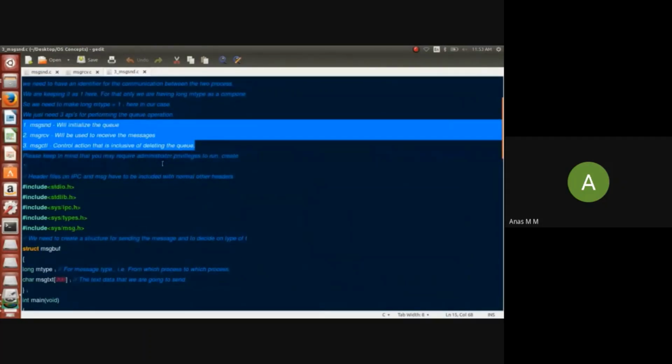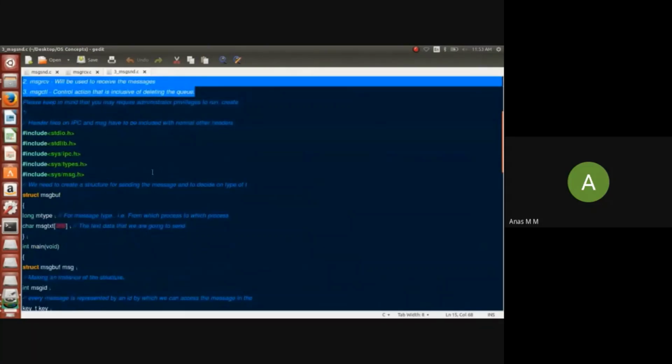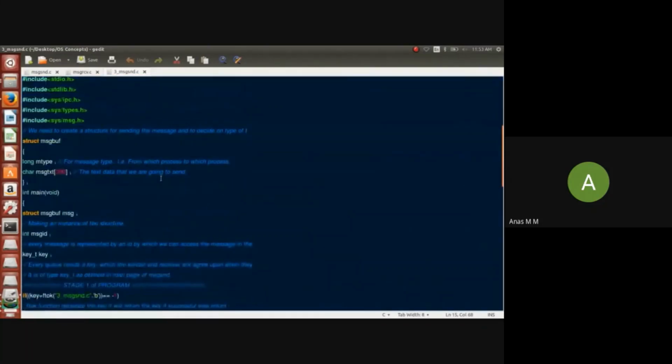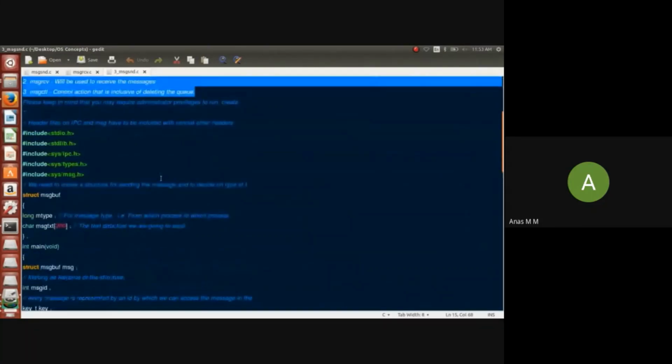We can use it. Now, before I go deeper into the code, there is another thing that we need to know. When we have a house, we'll have a door and we'll have a lock. The lock is nothing but a safety purpose thing. So we have a key to open the lock. Similarly, when you have a queue, it is advisable to have a key. A key is nothing but a number or something that can help the receiver in identifying that this is the message that has been sent by this person, and you need a key like this to open that particular door.